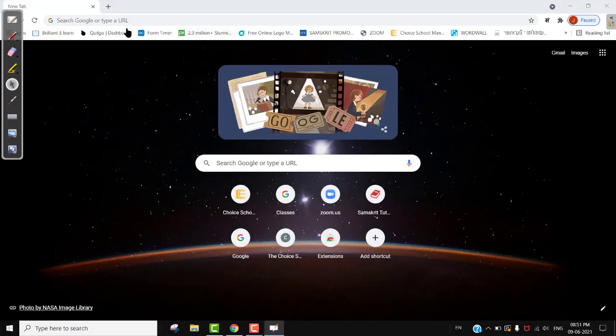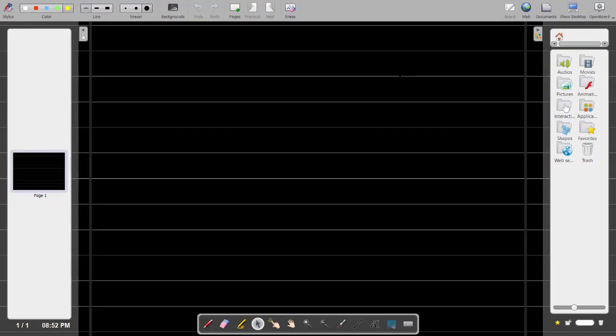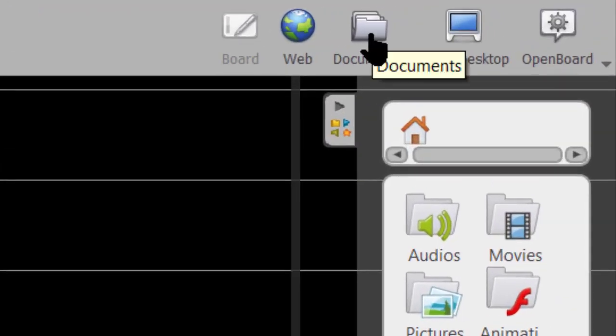You click show desktop, you can see the whole desktop, and now you can use this pencil or rubber or highlighter, anything you can use here to draw on the page, in a web page, wherever you want to draw to teach children. Okay, this is the facility of show desktop. Again, to go back, you click this icon, show open board, then we come back to the open board.